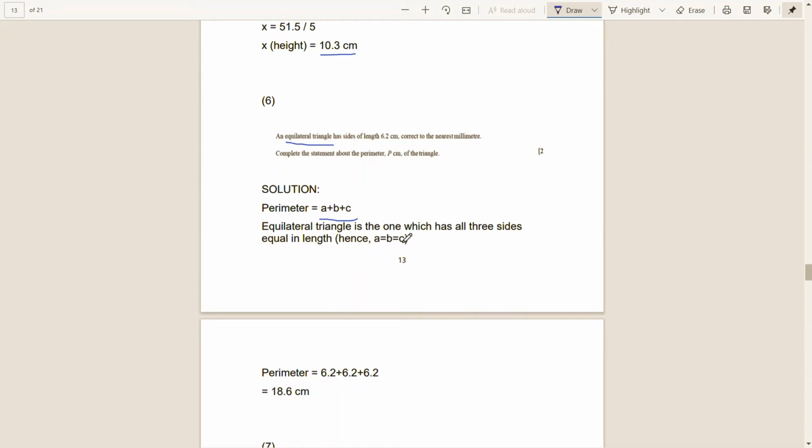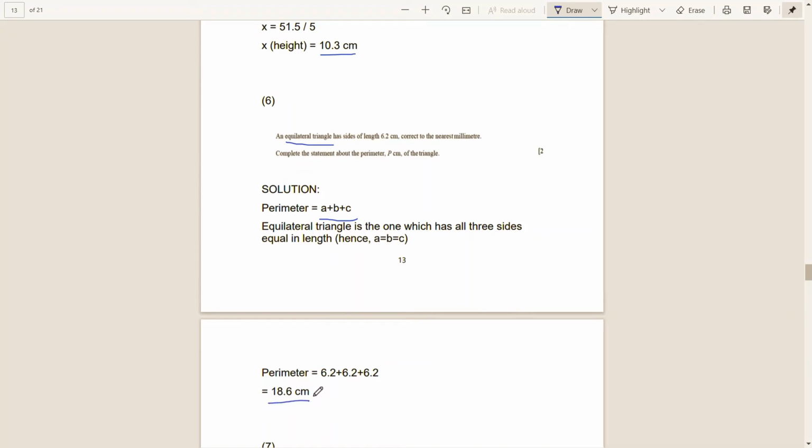Equilateral triangle is the one which has all three sides equal in length. That means a is equal to b is equal to c. Hence the perimeter will be 6.2 plus 6.2 plus 6.2, or 3 multiplied by 6.2, which gives 18.6